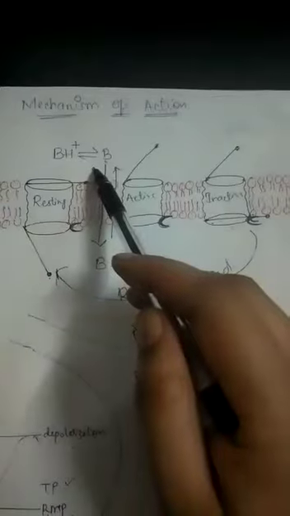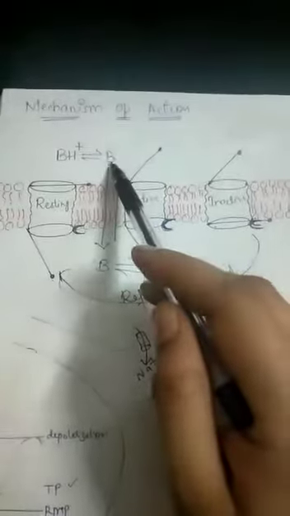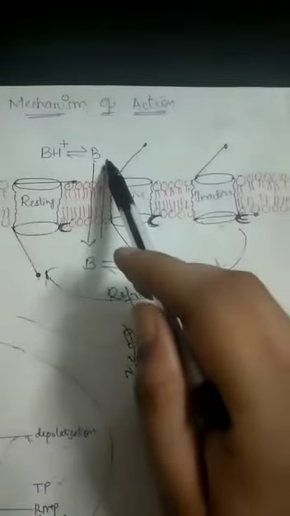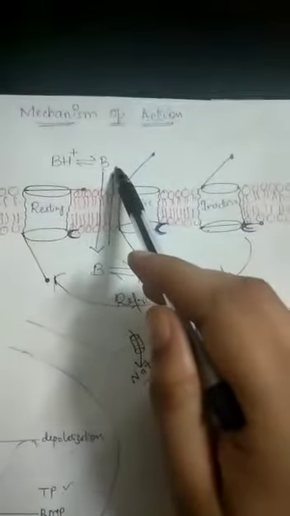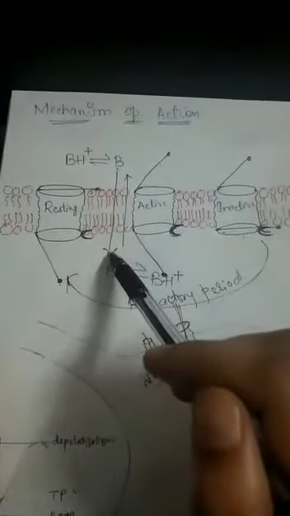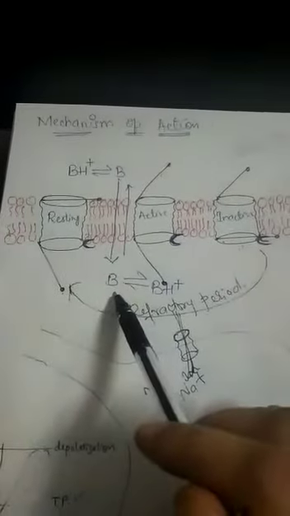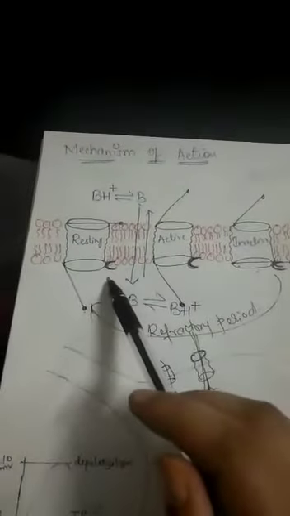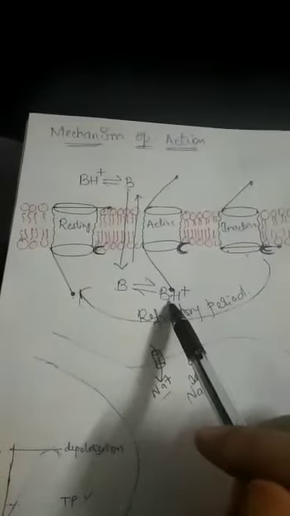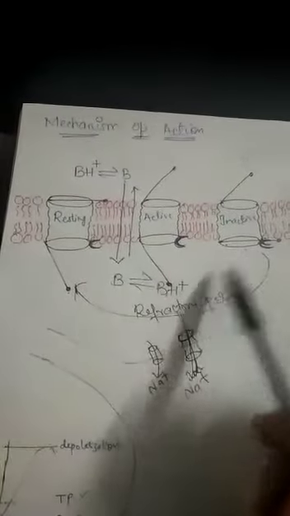This is quite simple. You might know that whenever any substance is charged, it cannot cross the membrane. So if the local anesthetics are in charged form, they need to get converted into uncharged or unionized form. This unionized form can easily cross the membrane. Once it has crossed the membrane, it can bind to the receptor. But the condition is that only the charged form, or you can say the cationic form, of local anesthetics can bind with the receptor.